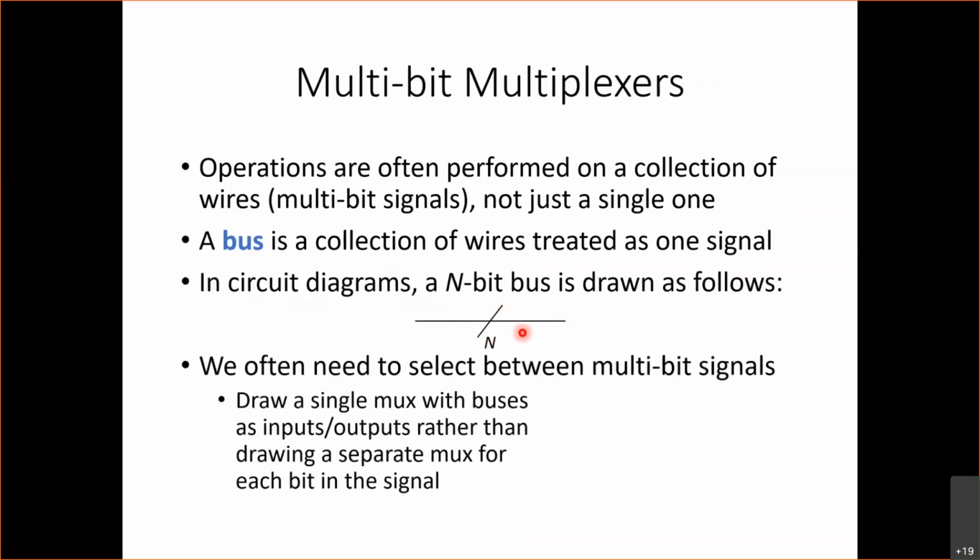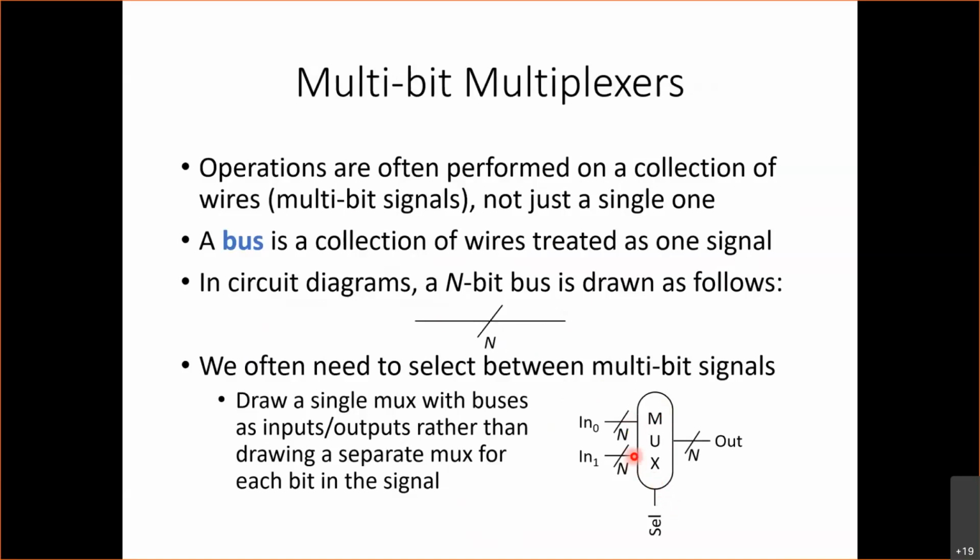A lot of times we use multiplexers to select between multi-bit signals. So rather than drawing n different multiplexers, we will draw one multiplexer and make the input a bus of n signals, and then we have a selector signal that selects which one of these buses we want